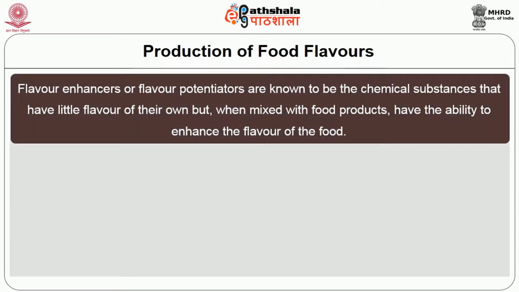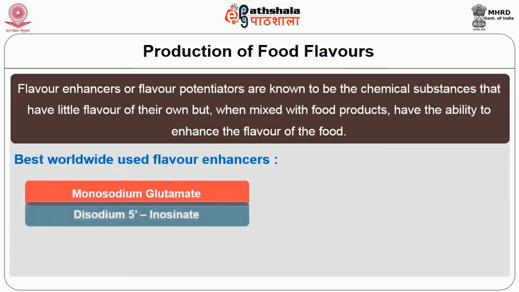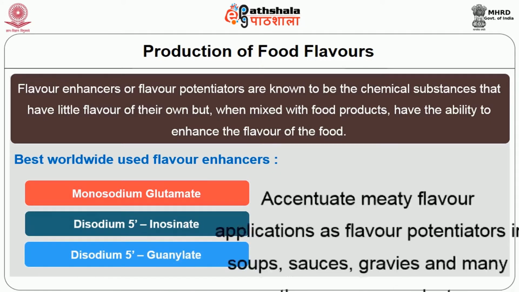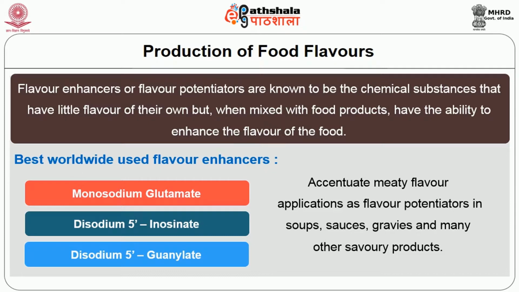Flavor enhancers or flavor potentiators are known to be chemical substances that have little flavor of their own, but when mixed with food products have the ability to enhance the flavor of the food. The best known, extensively and worldwide used flavor enhancers are monosodium glutamate, disodium inosinate and disodium guanylate. These compounds accentuate meaty flavor and have found applications as flavor potentiators in soups, sauces, gravies and many other savory